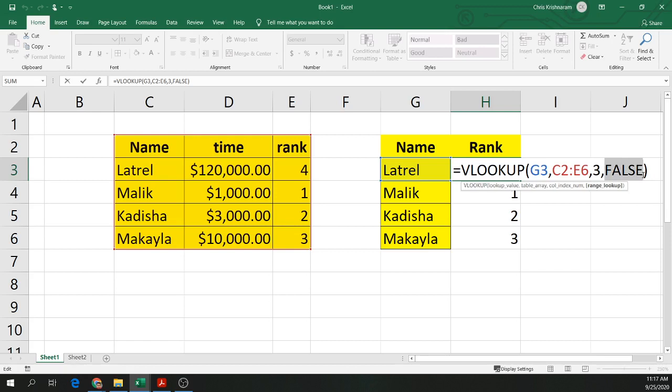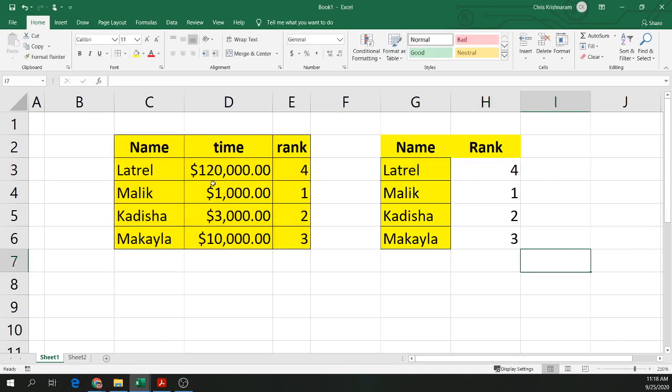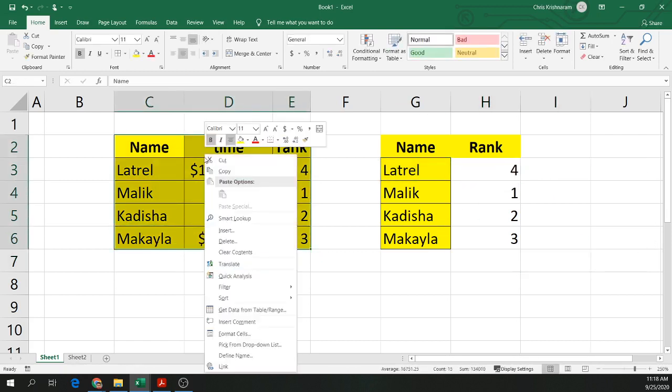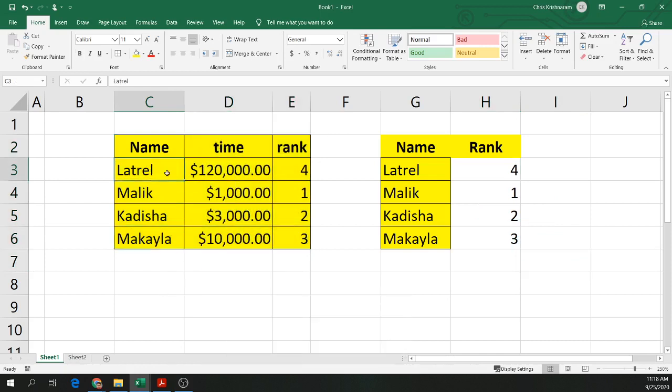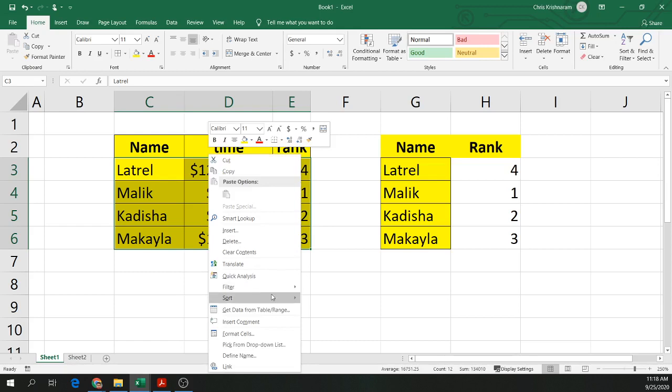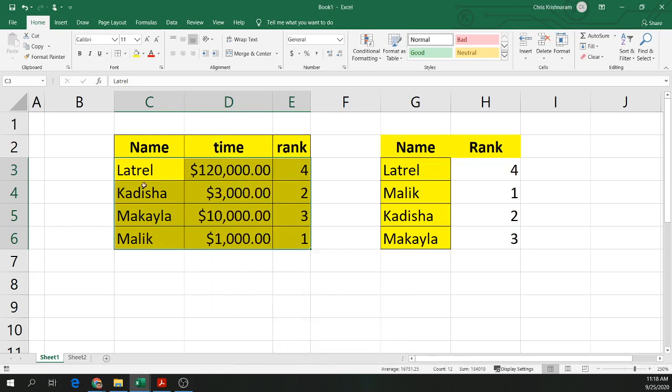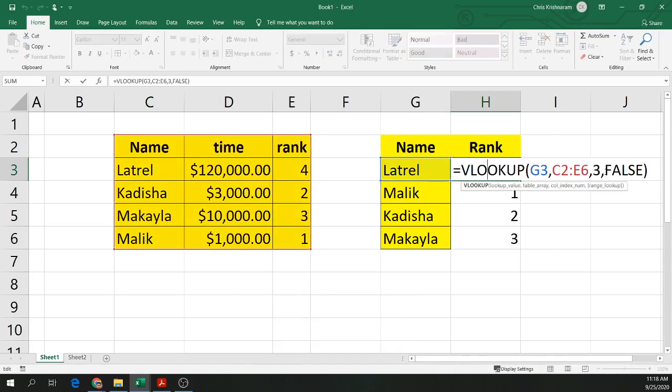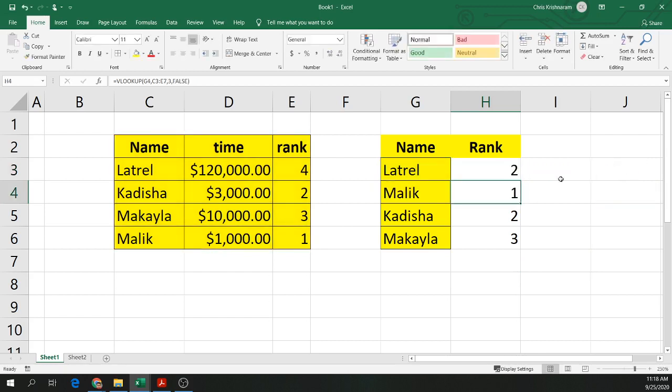Sir, so if it was sorted alphabetically, then you would put true. Right. So if I sort it alphabetically, let me do that. So highlight, sort A to Z. So it's sorted alphabetically now. So now if I go over here, false will still work, but true